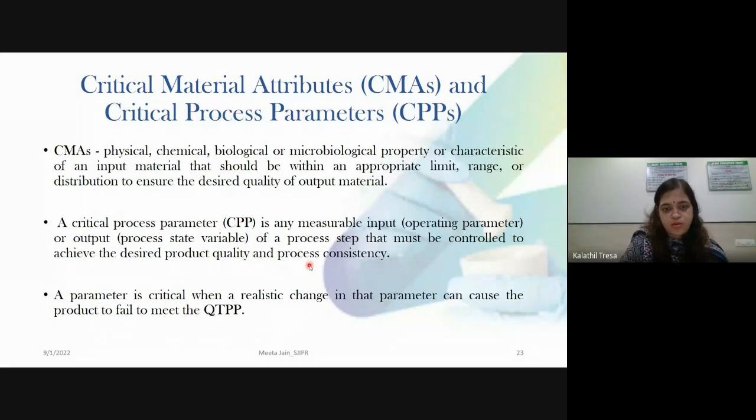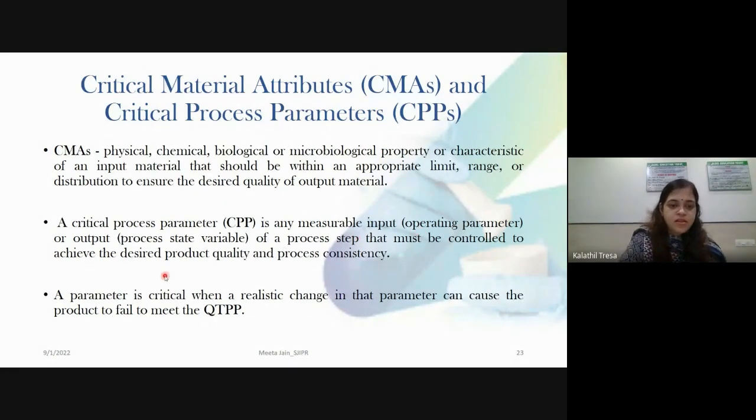Those are called process. So what steps, what are the measurable parameters in that particular process? For example, if you are taking a blender, a blender has blender rotation, the RPM, and the load which you are loading in that blender. All those are the operating parameters of the blender, and you have to evaluate whether they are critical or not.